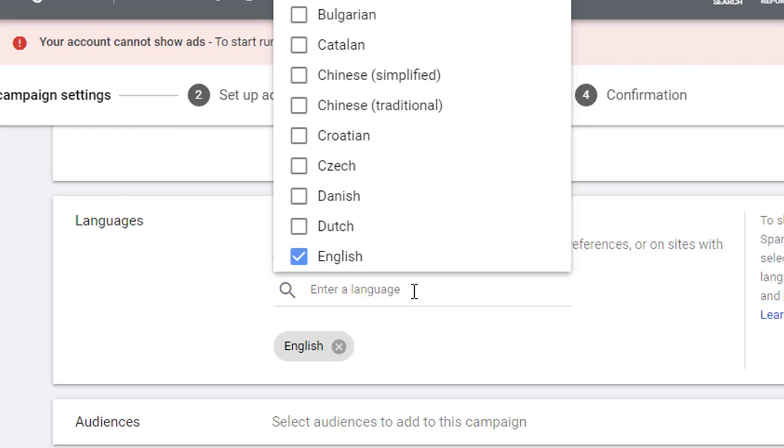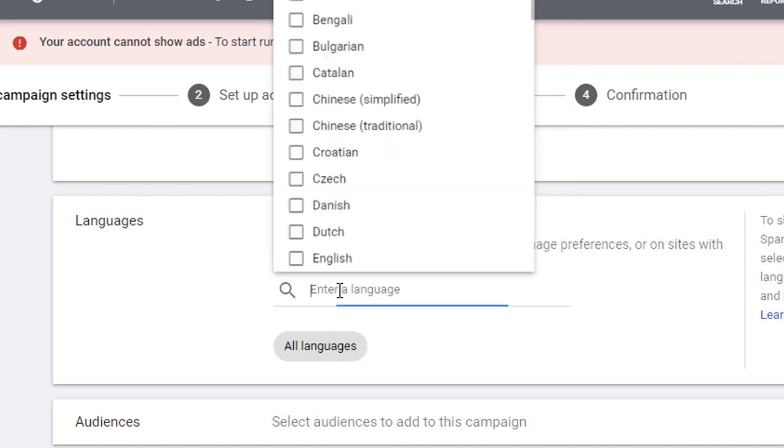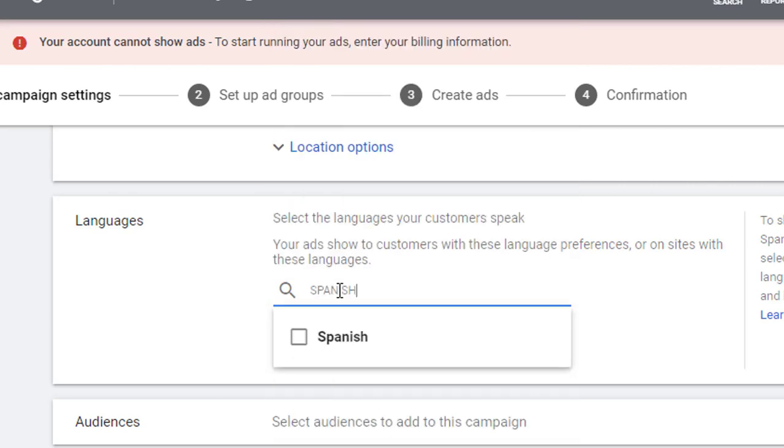So it is a better idea, if you are using a different language other than English, like targeting somebody with the Spanish language, to have an ad copy which is also built in Spanish only, so that they are able to understand the ad copy and give you a click.